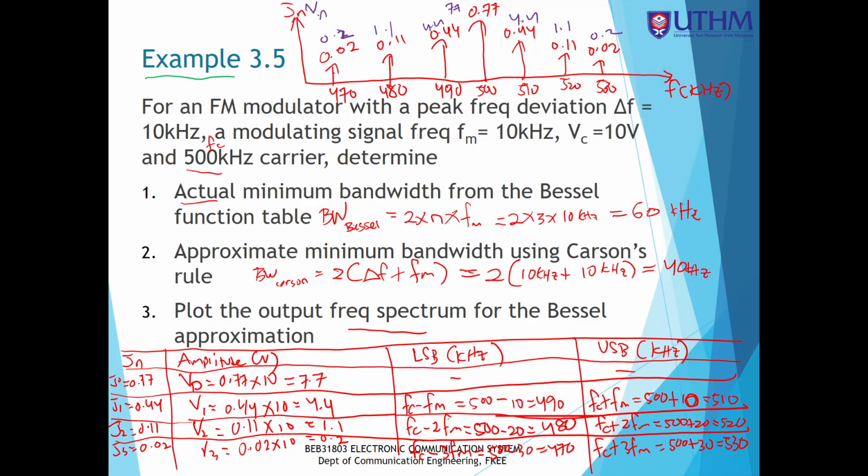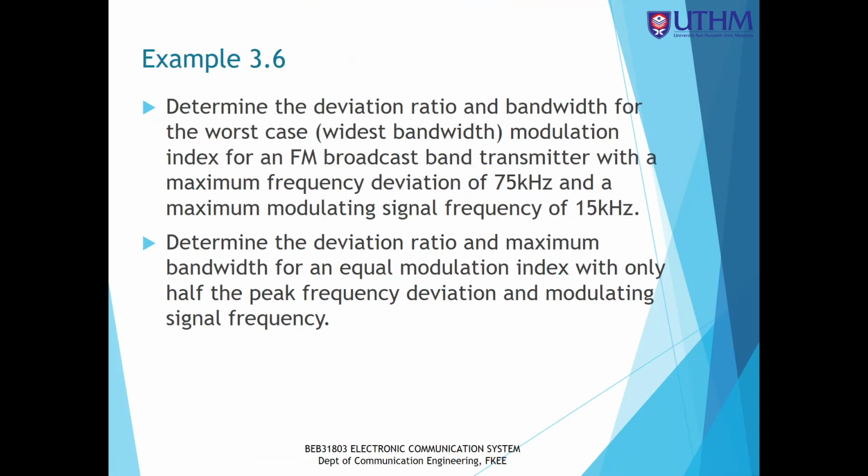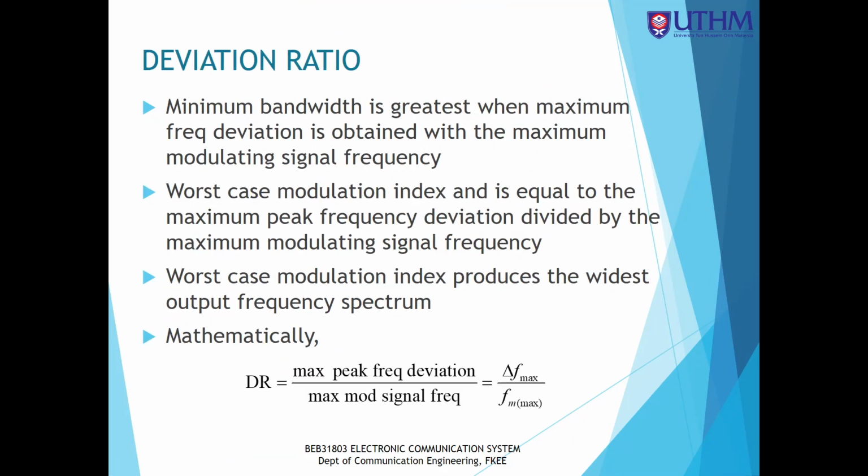If there's no question, I will move to the next slide about deviation ratio. Deviation ratio is the worst case modulation index. The first statement here says that minimum